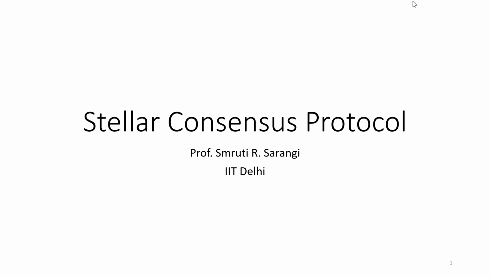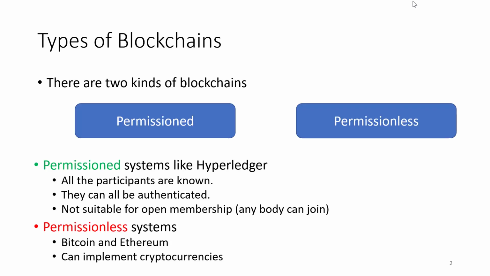Stellar is a 2016-18 protocol. We will see it's much newer, much faster, much more complicated as well. As we have discussed, there are two kinds of blockchains. There are permissioned blockchains, which are easy, systems such as Hyperledger for instance. Then we have permissionless blockchains, systems such as Bitcoin and Ethereum, where you don't need permission, but because of probabilistic or rather cryptographic guarantees, it is possible to ensure that there is only a single version of the chain that is accepted.